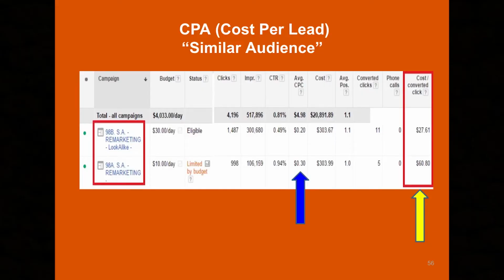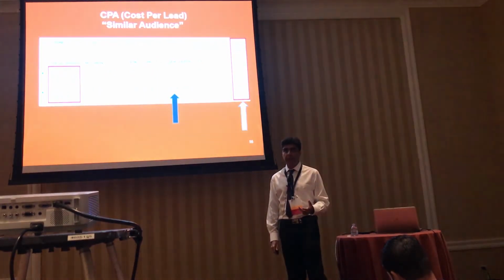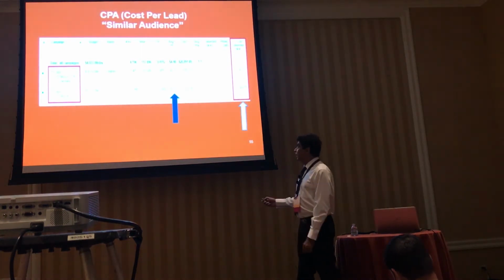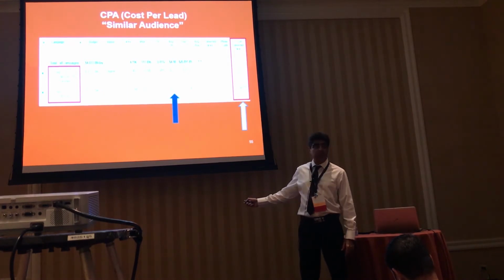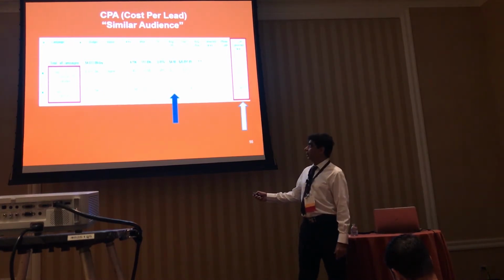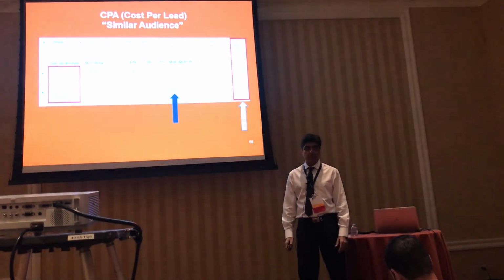So for water restoration, getting leads for $27, do you think that's a good deal? You could probably sell it all day long for 300 bucks, maybe more. Because I know companies that buy leads for $300-400 all the time. But this list is what Google gave us. And Google will only give you a list when you build a list. Otherwise, they will not know how to create a list.